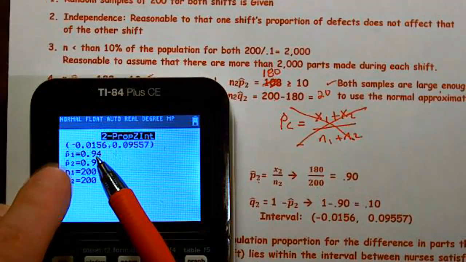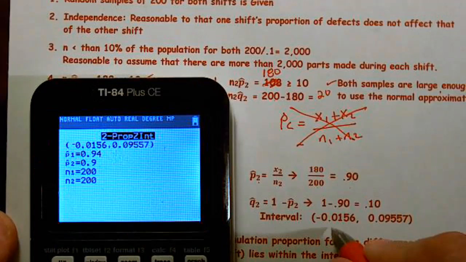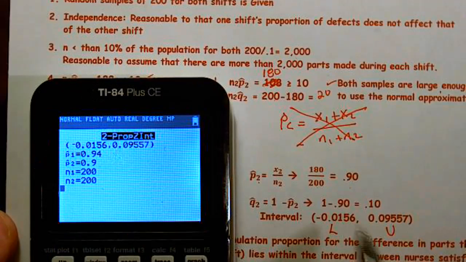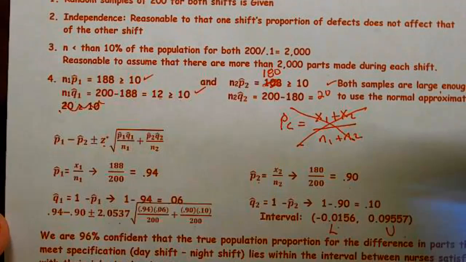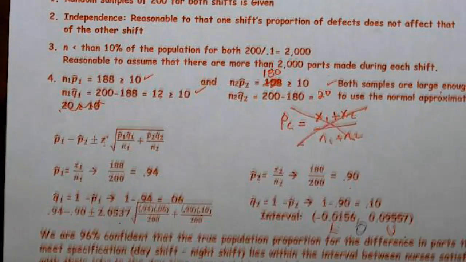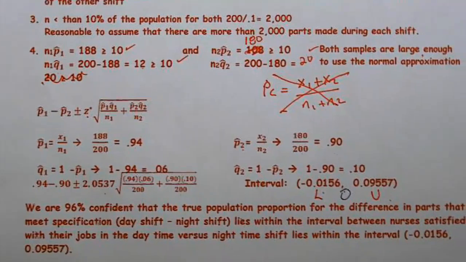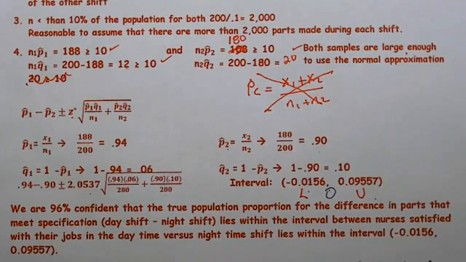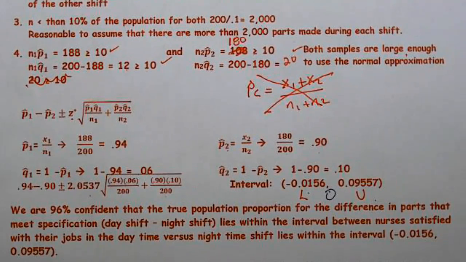So here's our interval, our lower bound and our upper bound. And notice we went from negative to positive. Anytime you go from negative to positive, we know that 0 will be included in the interval. So we're 96% confident the true population proportion for the difference in parts that met specification, and we need to give the order. We always have to give the order, which in this case was day shift minus night shift, because that's what we did, day minus night, lies within the interval